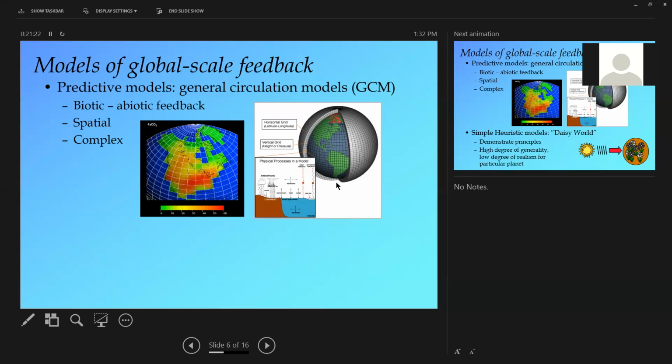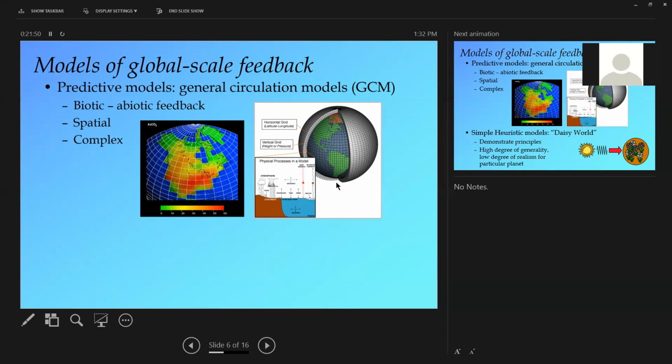Over the course of developing these sophisticated Intergovernmental Panel on Climate Change models, the IPCC models that scientists who participate in IPCC use, they've got increasingly sophisticated, increasingly small scale, and increasingly good at predicting